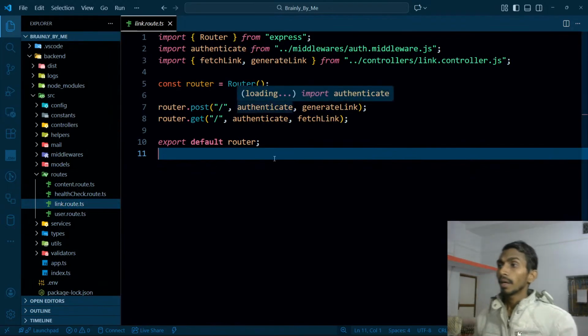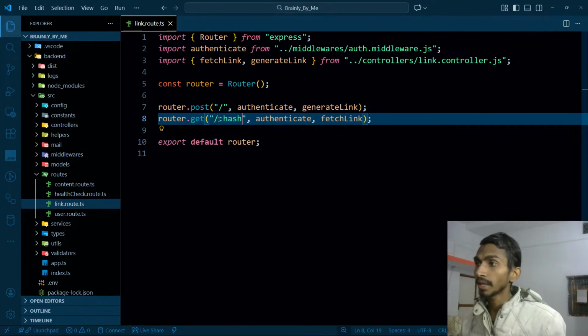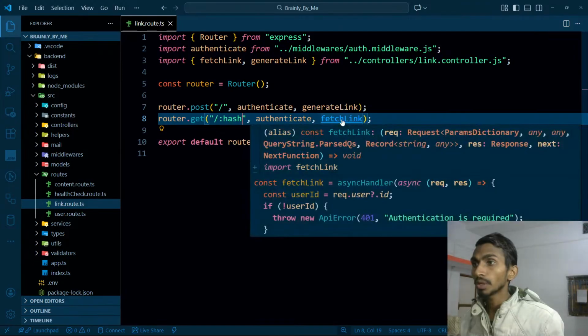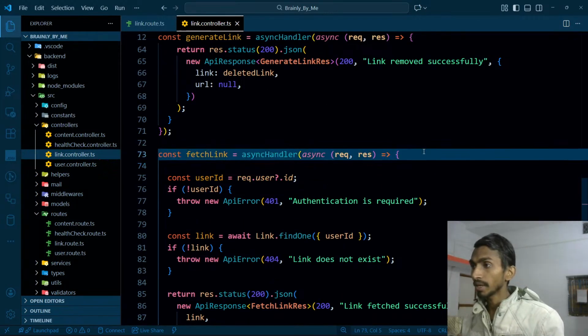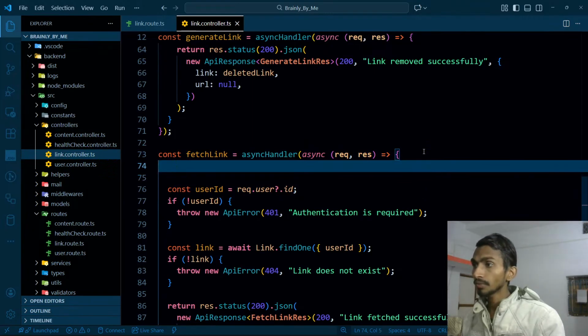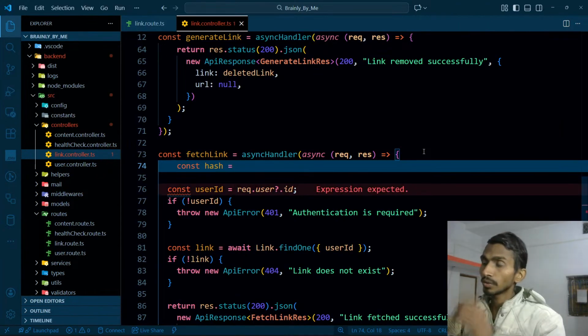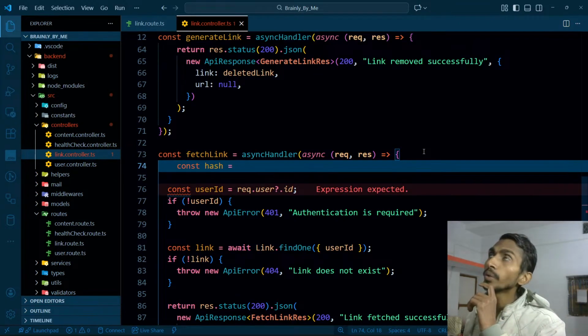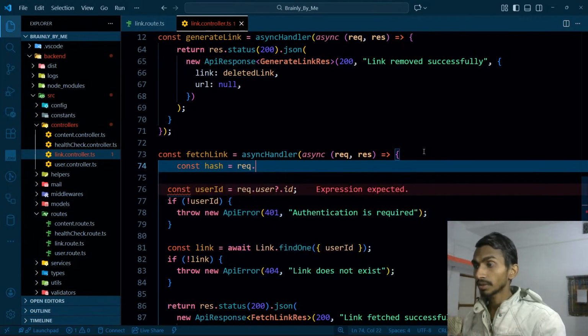Not only this, I will be getting my token here. Token is not, I will be getting my hash here. Once I get my hash, I will be getting to the fetch link, and over here I will be getting the hash that I got from the request. So const hash is going to be equal to, how do we get parameters? Request dot params,